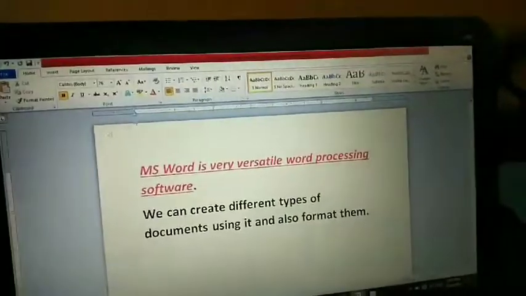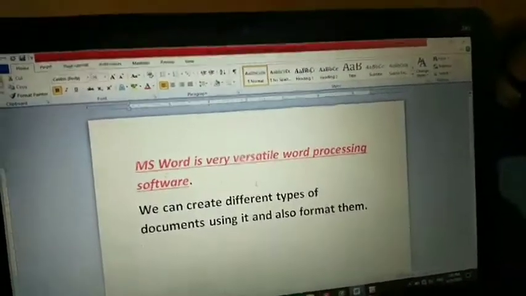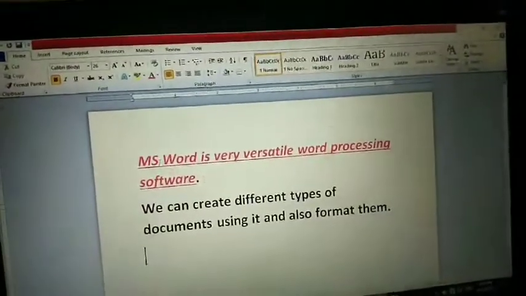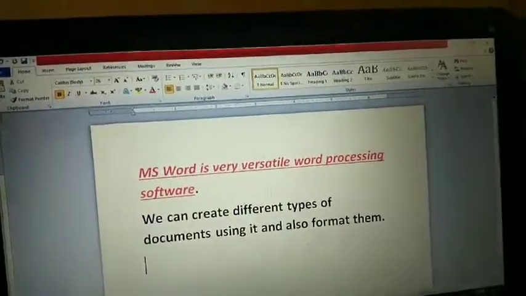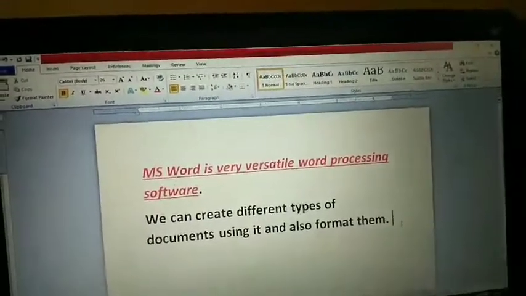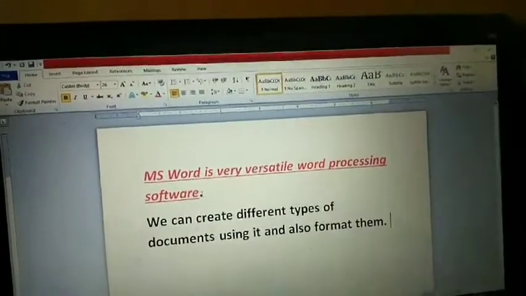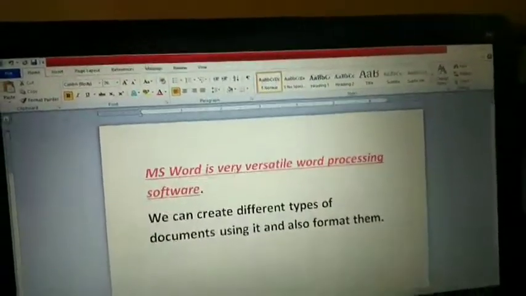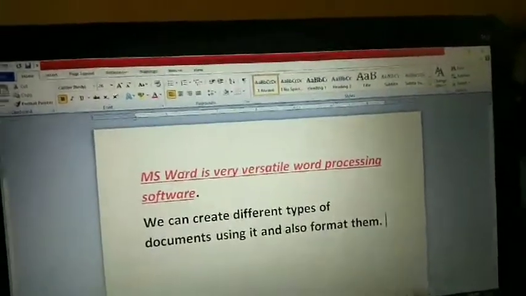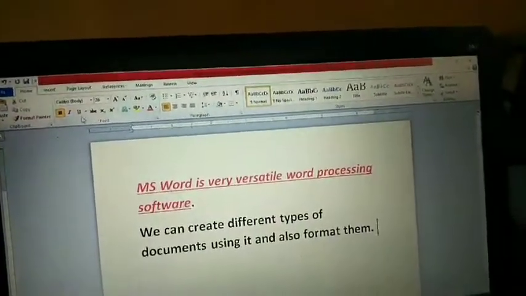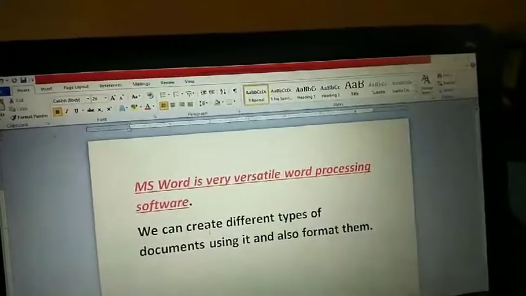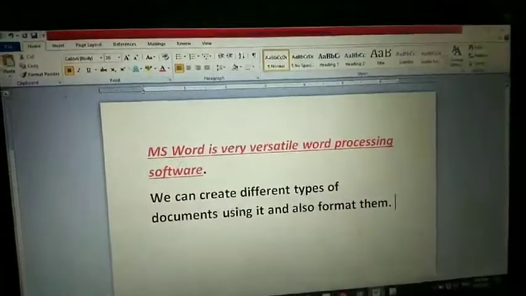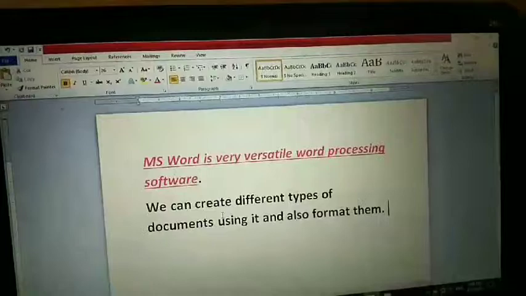Students, this is an MS Word page. I have typed some wordings already to help you understand. This is a simple definition of MS Word I have written here. I'm going to explain what Format Painter is. First of all, you can see the first two lines. These fonts are red in color, and also bold, italics and underline, everything I have used here. But the last two lines are just plain bold, black color font, without any underline.